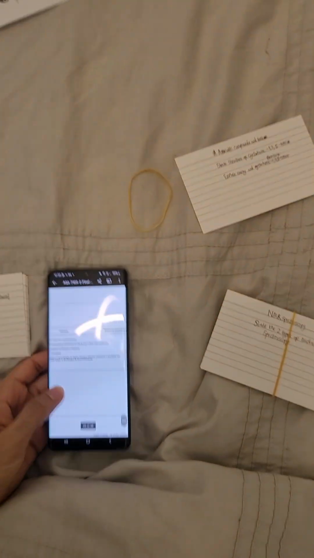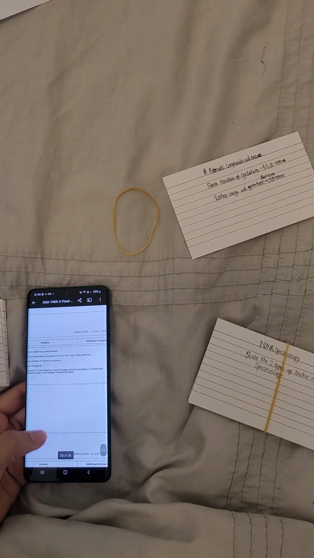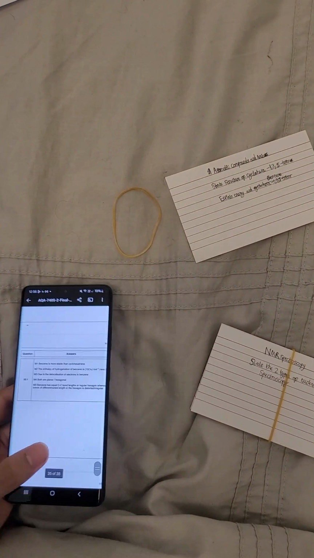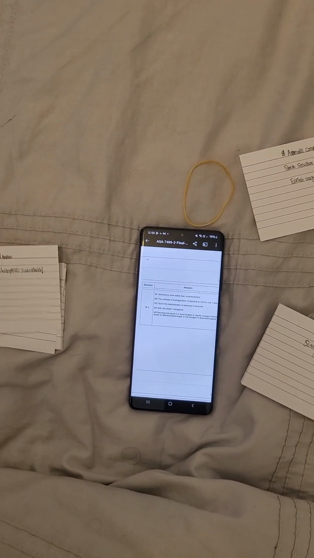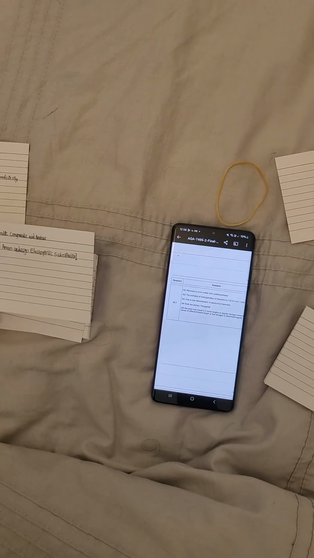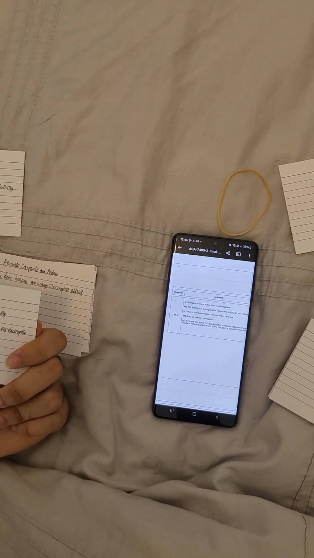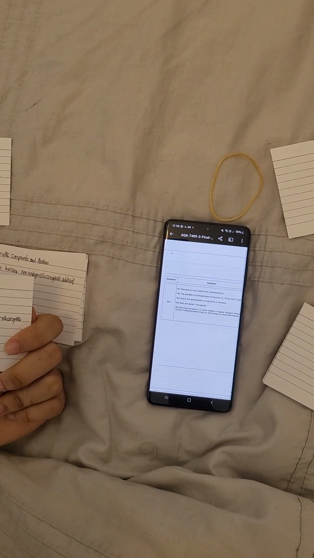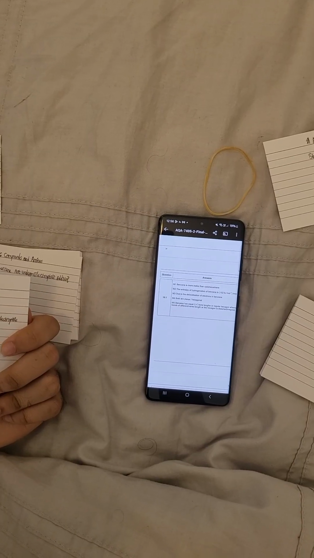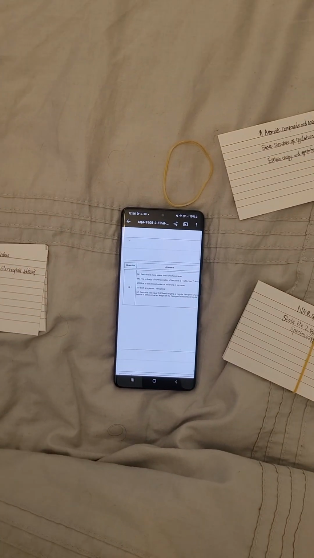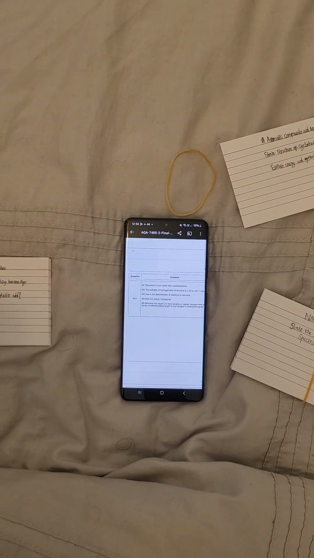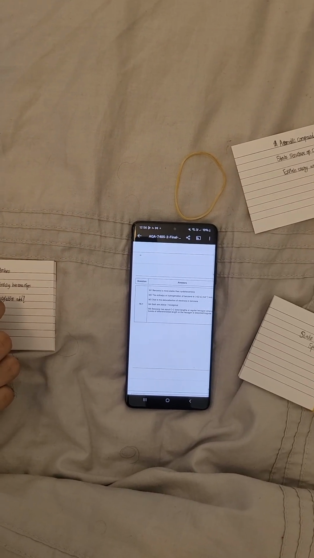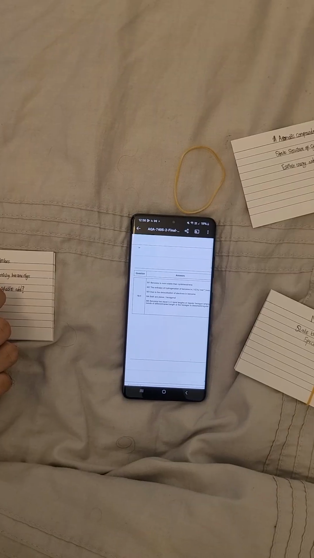Because the points they want in the mark scheme are very, very, very specific. And that's why you literally do have to memorize the mark scheme points. Arenes undergo electrophilic substitution because the benzene ring is a region of high electron density. And what do we know about a region of high electron density? They attract electrophiles, and therefore one of the hydrogens is substituted for an electrophile. Now, it doesn't undergo electrophilic addition because the benzene ring is so stable, electrophilic addition would actually destroy the delocalized ring of electrons.